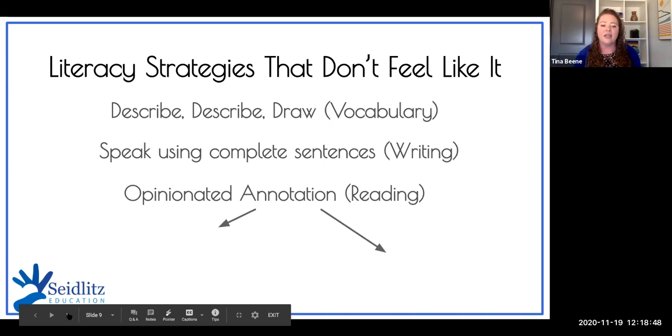And then finally, opinionated annotation. If this exists, I don't know about it. I think I made it up. I like it because it's just about whether you like it or not. It's opinionated annotation. So the only purpose when students are taking notes in this format is to give their opinion. So they're reading and they're like, I agree with this because, I disagree with this because. You don't have to have any qualification. It's kind of like social media. You don't have to have any actual source for your opinion. You just need to express it.